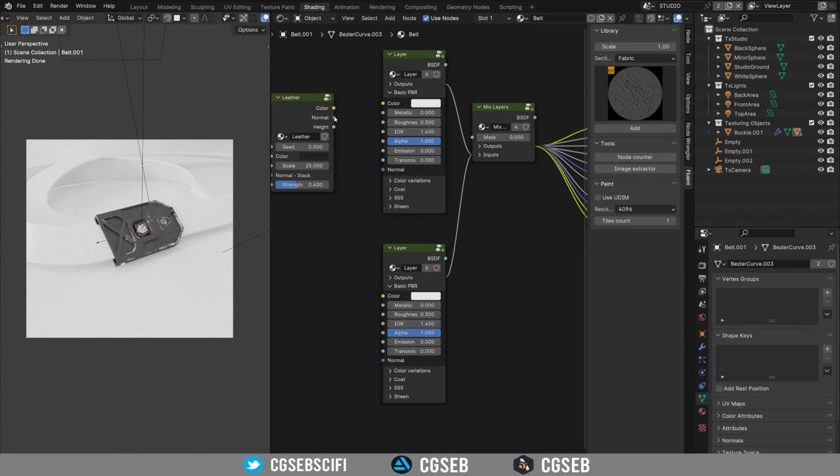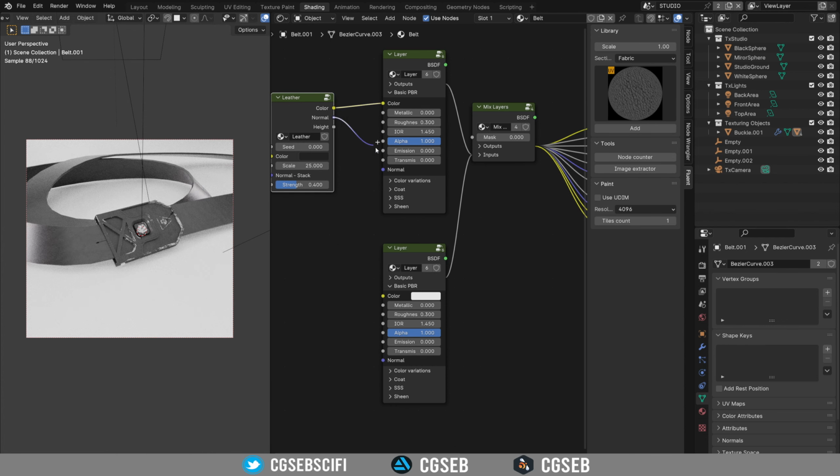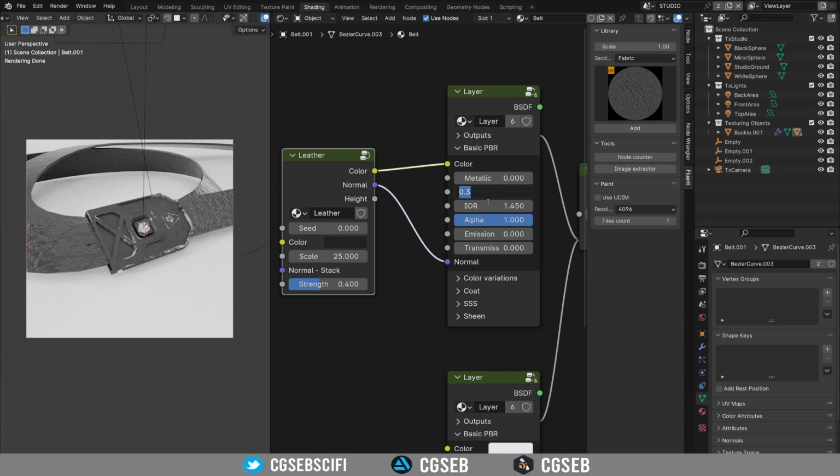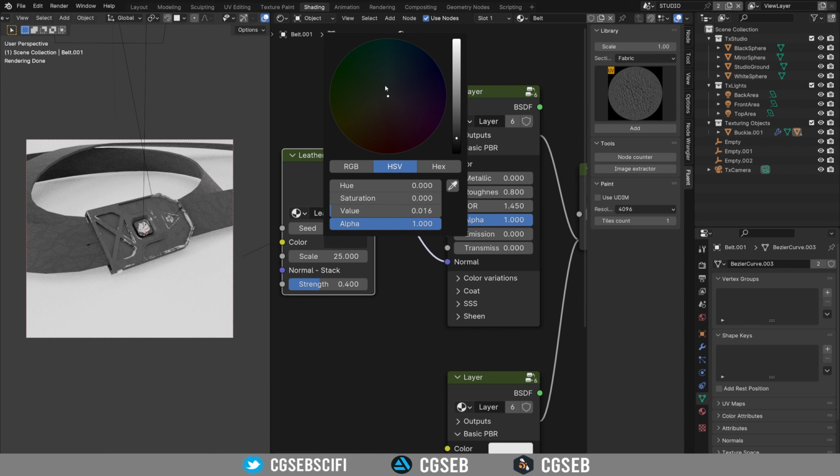So for the leather, I'm going to plug the color, the normal, and increase, of course, the roughness 0.9, 0.8, and I would like to make some greenish color,